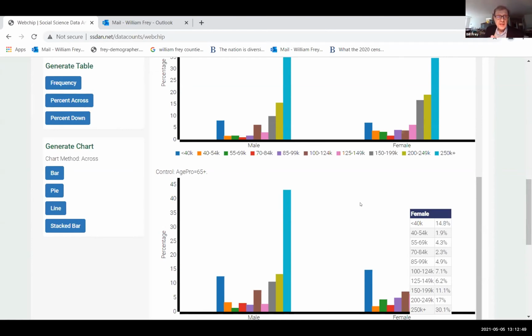And the idea is that it's so easy to use that students who've never had any statistical courses can try to figure out how to get into this data in an easy way. We have other aspects of data analysis on our site as well, some of it having to do with maps